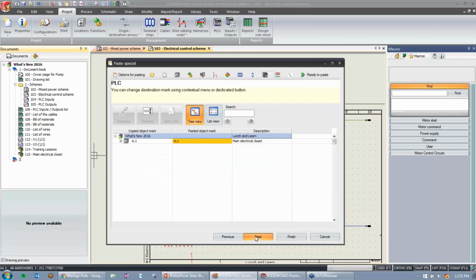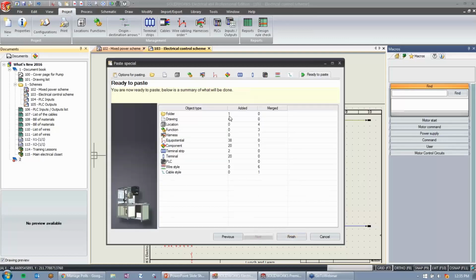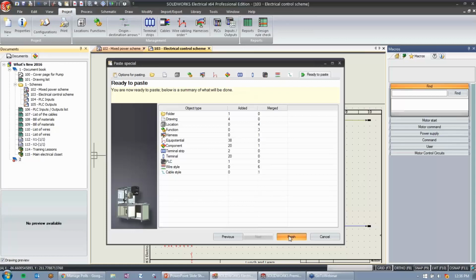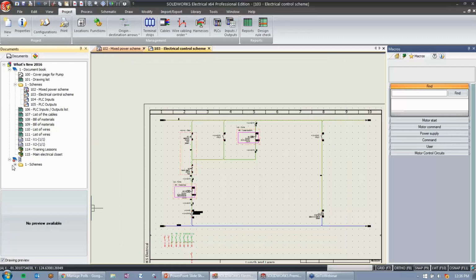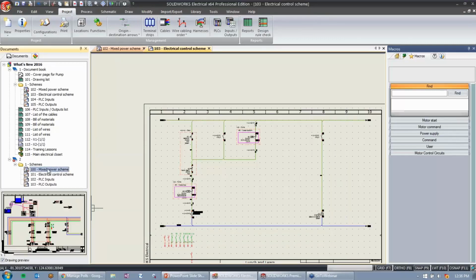We'll finish up on this menu. Hit next a couple more times. It'll show us what's been added as a new component or what has been merged. So what's been kept the same from our old macro. So my functions and locations were updated. That one component, my S2 component, was updated, and I've kept my same wire style or cable style. Go ahead and hit finish, and now I can come down here and see my schemes inside my second book,